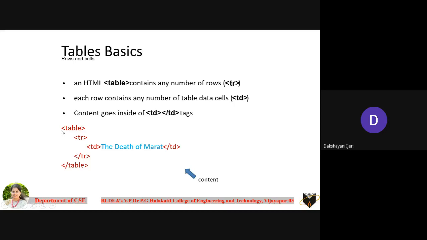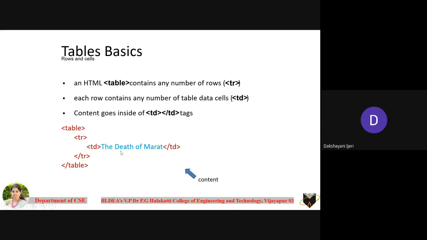For a table which you are going to create, it has to begin with the table element. Following that, it should be the tr to make it the first row of the table. So the first tr represents the first row here. Begin with the tr element, and if you want to make an entry within that tr, that has to be done with the td element.